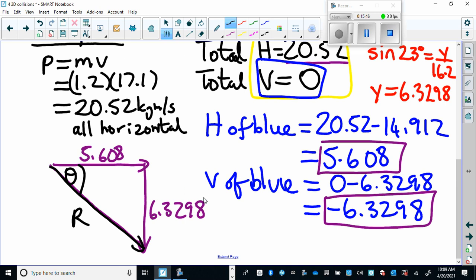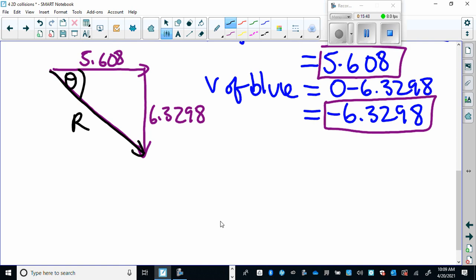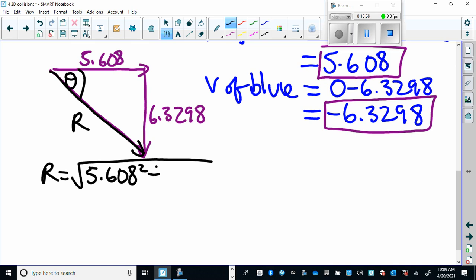Okay, so Pythagorean theorem to figure out R. I'm just taking a shortcut here because I assume that this is somewhat familiar to you, and that's how you find R, right? C squared equals A squared plus B squared, therefore R equals the square root of X squared plus Y squared in this case, and that will give me,